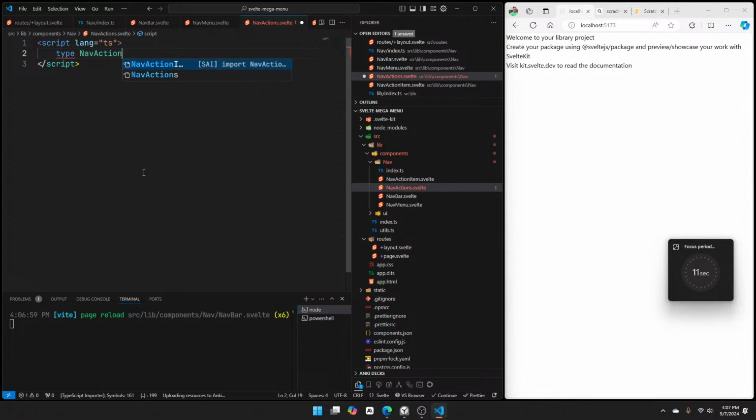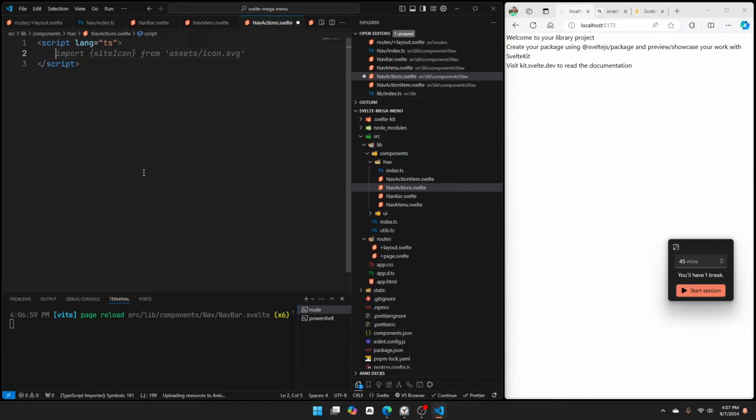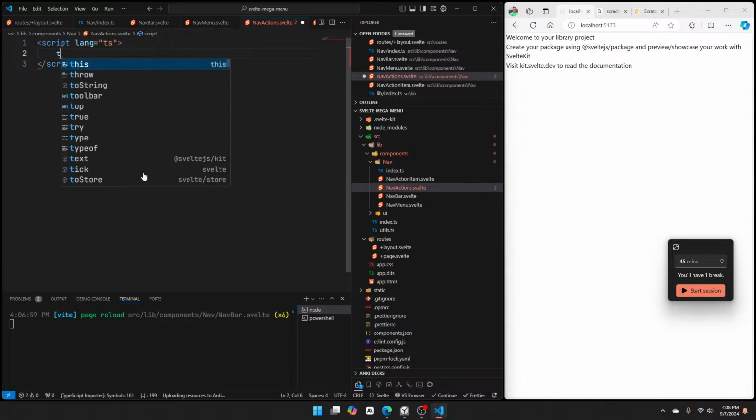Nav actions. Okay, I think that this is going to be just okay. Now I'm confused, but confusion shouldn't stop us. So we'll just go ahead and type